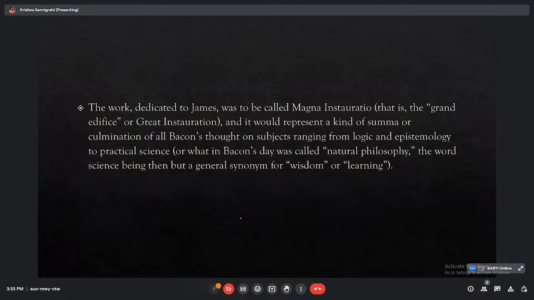And it would represent a kind of summa, that is a summary or culmination of this whole idea, which is about Bacon's thought on subjects ranging from logic and epistemology. In Bacon's day it was called natural philosophy, the word science being then but a general synonym for wisdom or learning. So it would represent a kind of summa or culmination of all Bacon's thought on subjects ranging from logic and epistemology to practical